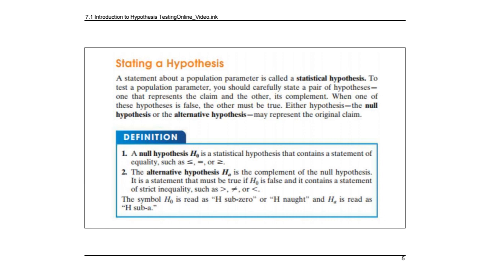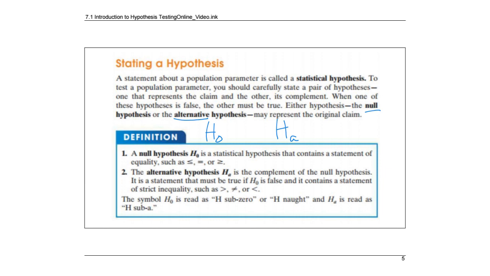And so we use these two words to denote the two different hypotheses. We use the word null, N-U-L-L, and then we use alternative. For the null hypothesis, we're going to have a capital H with a little 0 here. This is also called H naught, or H of 0, but we're going to try to just call it the null hypothesis. And then for the alternative hypothesis, it will be a capital H with a small a here. Technically it's called H sub a, but we're going to probably just call it the